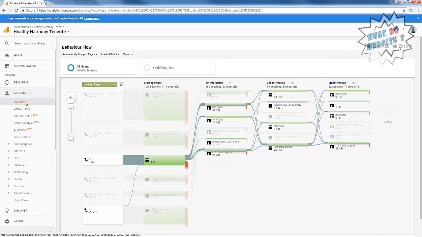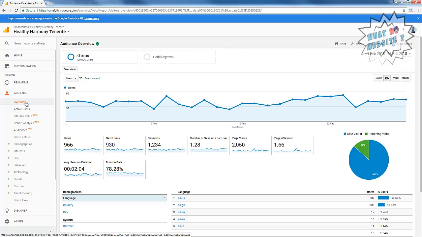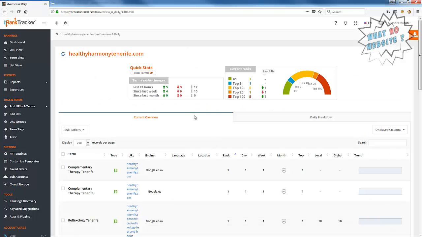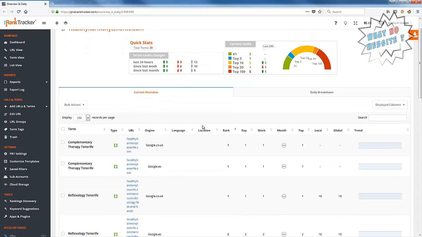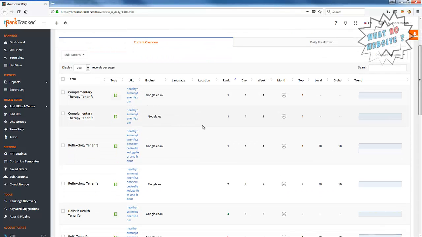So Google Analytics is very good at telling us what people did when they got to the website. SERPs, on the other hand, will tell us what they did to get there, so how people found you. For example, here we can see that they rank #1 in google.co.uk and .es for complementary therapy Tenerife. We can see also that they rank #1 for reflexology in Tenerife in google.co.uk, but not the home page, one